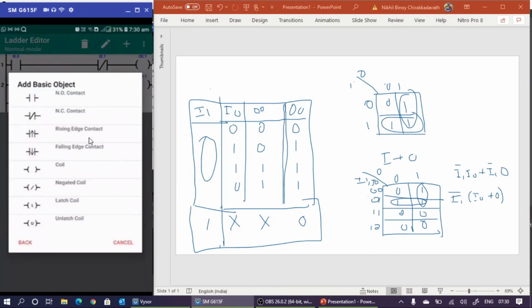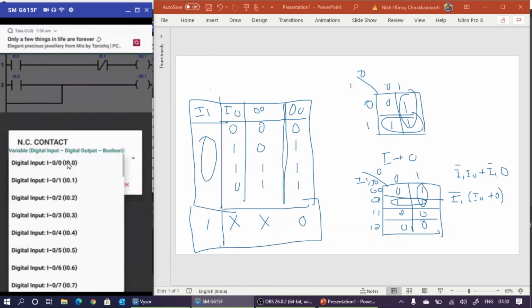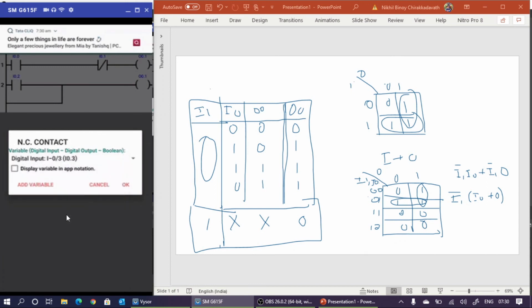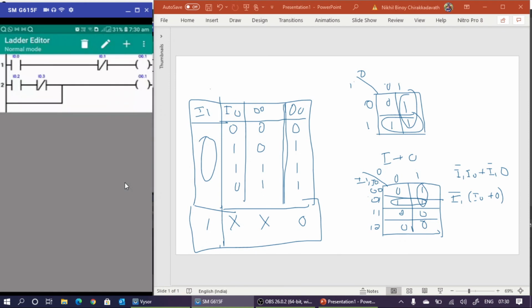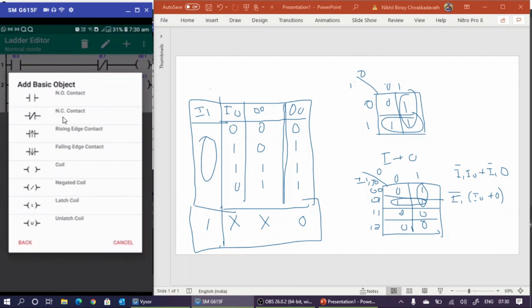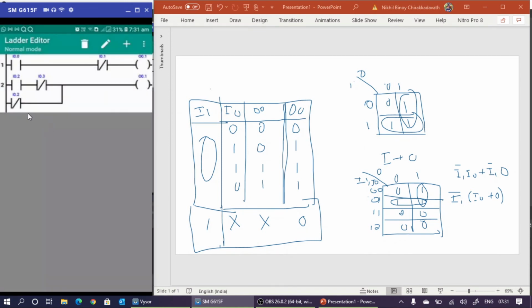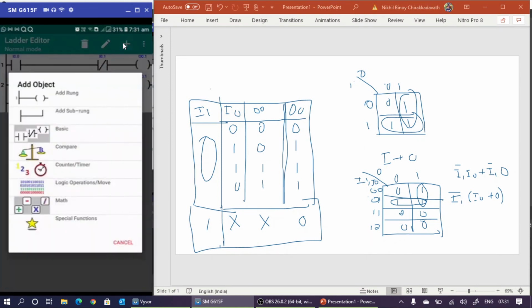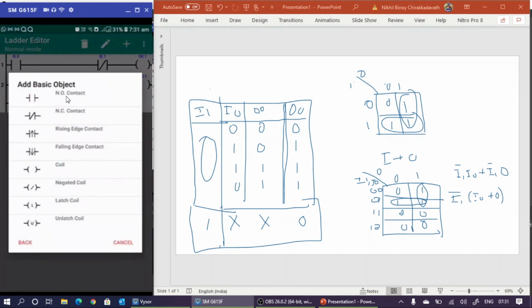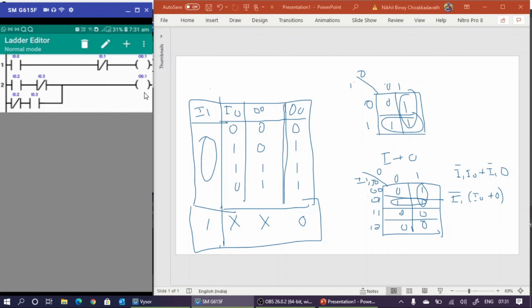So basic, normally closed contact here. This is I3. Okay. I3 is added. Now press button. Now normally closed contact here. So this is I2 bar. Now here I want I3. So that is XOR logic. Here we have I3. So what will happen? If any one is 1, output will become 1. If both are 0 or both are 1, output is 0.